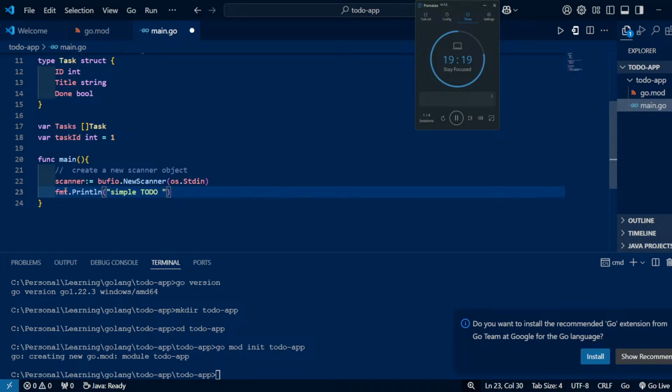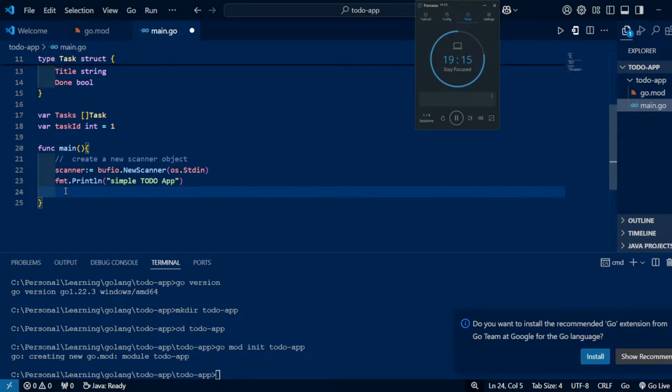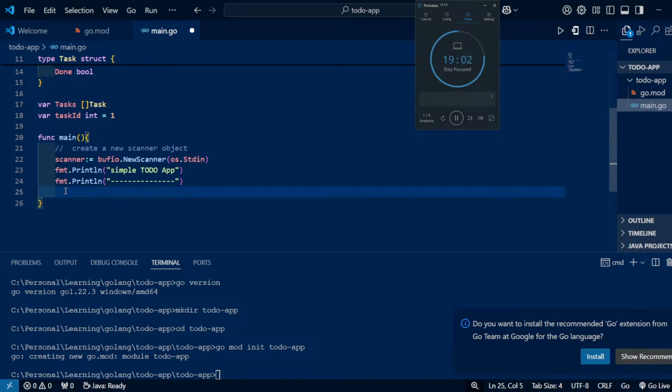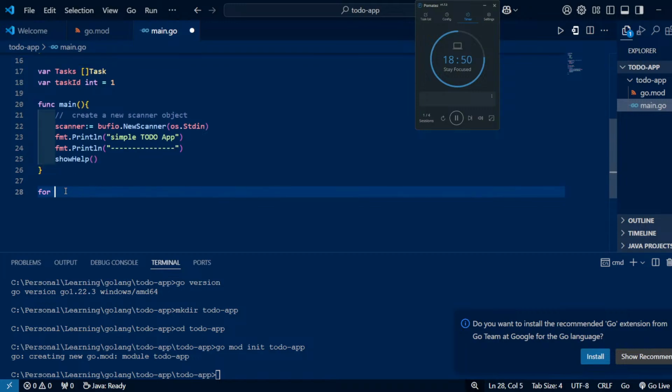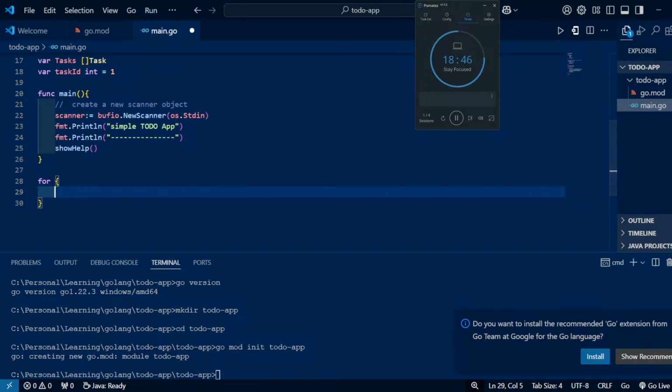Then we will write a function called showHelp, and we will use a for loop, and inside the for loop we will take some commands from the command line, and based on that command input we will perform certain kinds of operations. So basically fmt